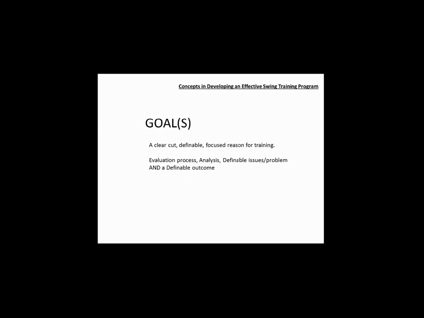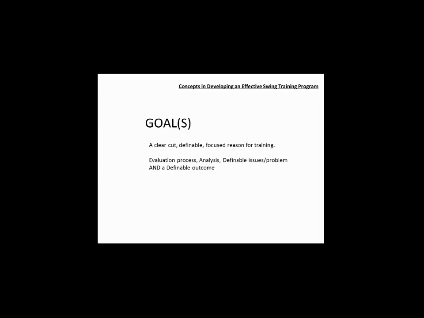So as a quick overview, when we're looking at developing an activity-specific functional training program, there are some key elements to creating an effective program. The number one thing is having a goal. In other words, some sort of clear-cut, definable reason for training. And essentially how we create the goal is by